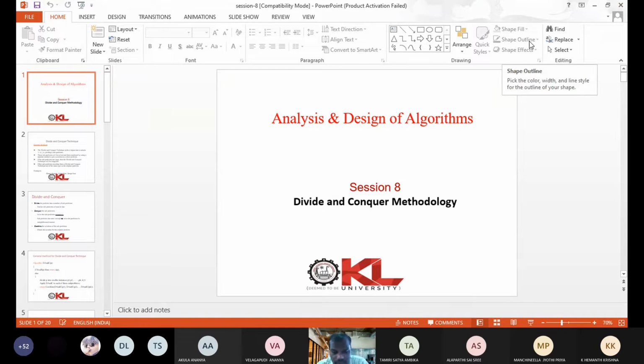So with that, we have seen the introduction of algorithms, what an algorithm is, time complexities, followed by some examples. Now we will look into another topic, which is the first method of algorithm design. As I told you, there are many algorithm design techniques available, like divide and conquer, greedy method, dynamic programming, backtracking, branch and bound. In the coming sessions we will discuss all these techniques. First we discuss divide and conquer methodology.